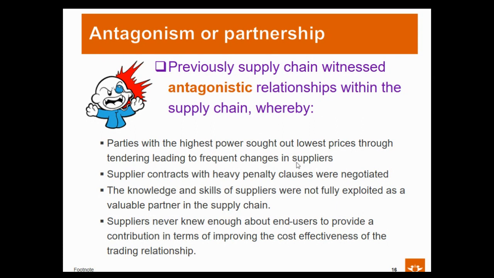It also is characterized by heavy penalty clauses, and then typically not negotiable. And the knowledge and the skills of the suppliers are not fully exploited because these suppliers are seen to be too far from the end users to provide a contribution in improving cost effectiveness or trading relationships or supplying the needs of the customers. So this is really